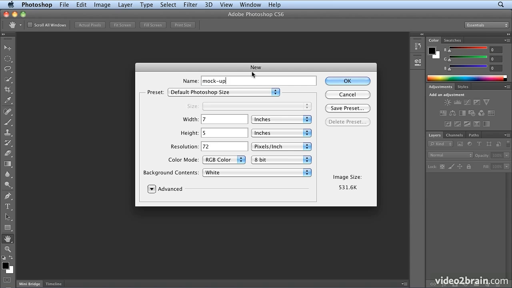So I'm going to title this Mockup. In a file name, that's also important. I never use anything except letters, numbers, underscore, or hyphen. And I always only use one period, separating my file name from my extension. In addition, your IT department will probably be happy if I tell you not to go past 31 characters for